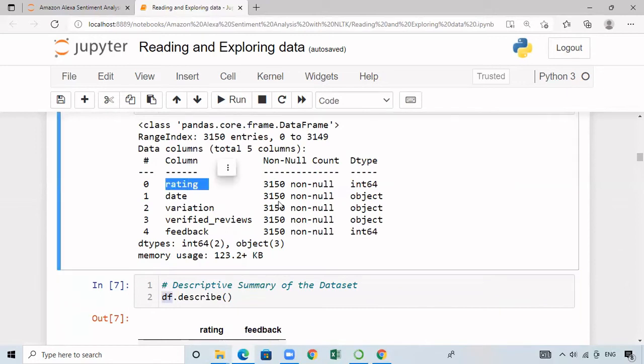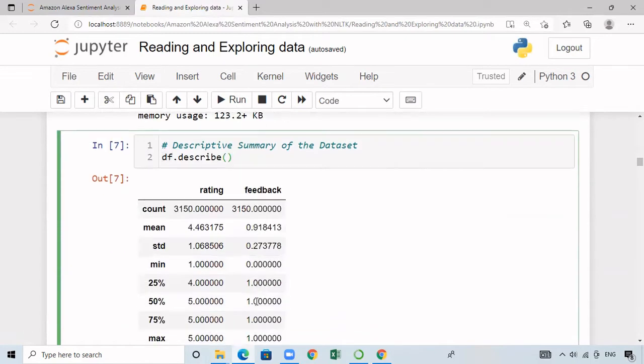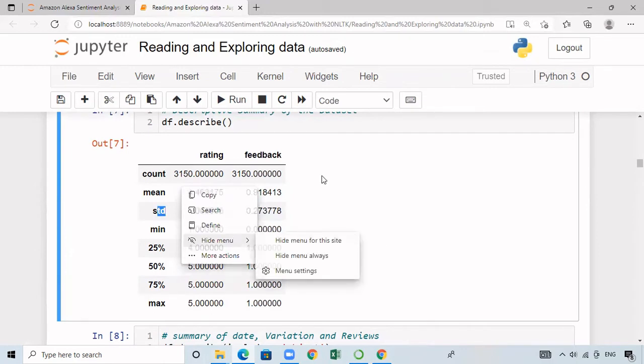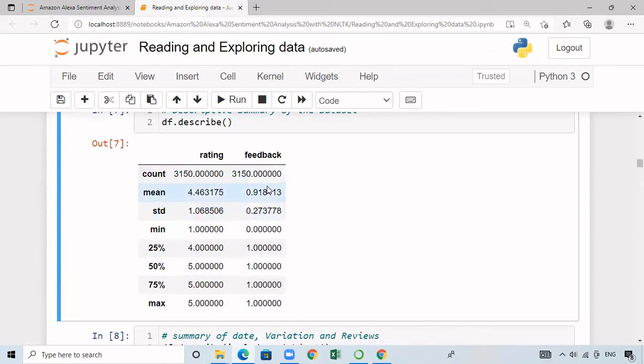One is the rating column and the other is feedback column. For these 2 columns, it is going to display what is the minimum value of those columns and what is the maximum value, what is 25 percentile value, 50 percentile, 75 percentile. After that, mean, standard deviation. In addition, it is going to print count.